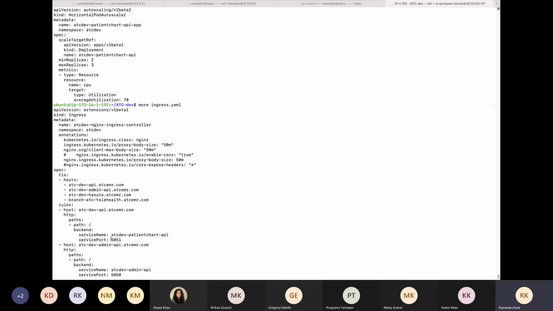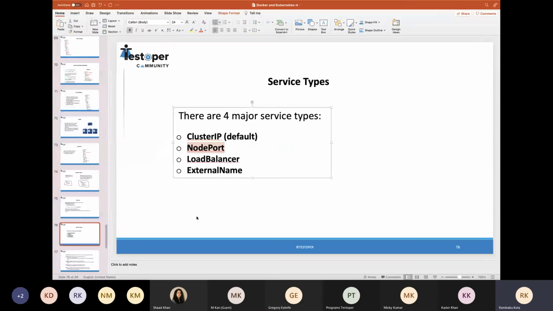Here you can see this is the ingress file, and here is the service name. We are doing everything with the service name and service port. We are not using any IPs. I'll explain more about the ingress controllers when we come to the deployment of ingress controllers, probably in the next session.